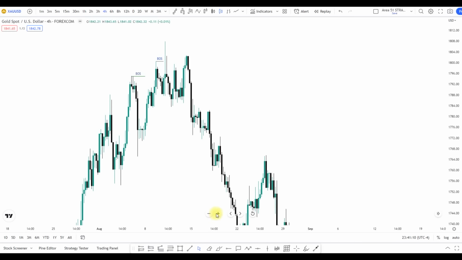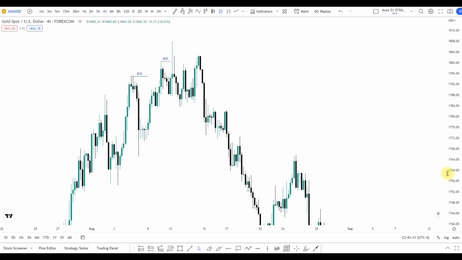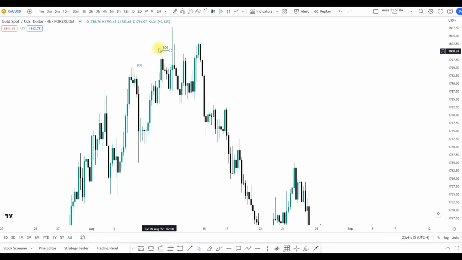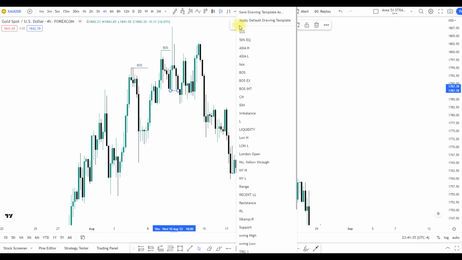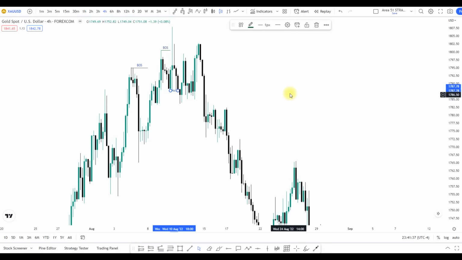Whenever you're looking for a break of structure, it has to be a valid pullback. So it has to retrace the last down candle before the down move. This structure has to be valid because it broke the last up candle before the down move. So what this means is this is an official change of character. All right, so now that we have the change of character, or what they call a reversal,